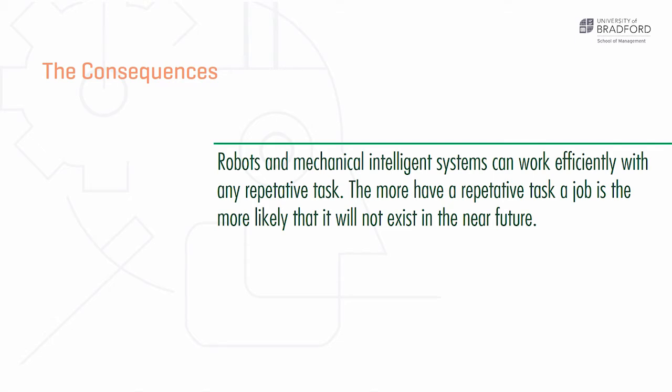For example, robots or mechanical intelligent systems could do any repetitive tasks. So the more repetitive a task a job is, the more likely that it will not exist in the future. An example of this is workers in the assembly line, who always carry out repetitive tasks. The more unique a job is, the more difficult for artificial intelligence systems to simulate or imitate. A good example of this is the job of a craftsman or an artist. A craftsman would create some unique objects. An artist would create a painting that will be full of inspirations that will only be possible to be created